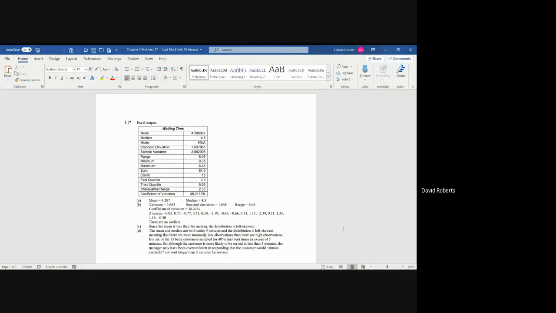Welcome to Problem 317 on page 124. You should be familiar with this printout by now, looking at the data that's been analyzed and calculated. So I will obviously do an Excel video to accompany this, but to just read the information that's given to